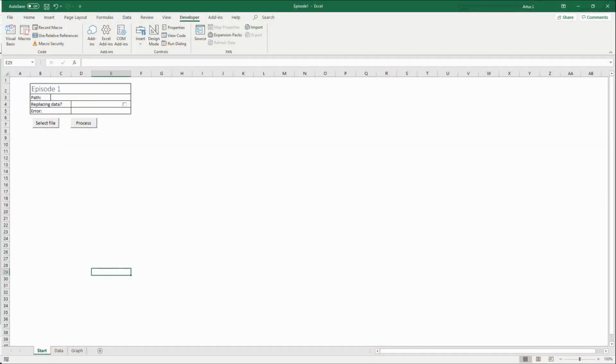Let's start. First and foremost, I will show you what the final project will look like. As you can see on my screen, we have a workbook with 3 sheets. Their names are Start, Data and Graph.